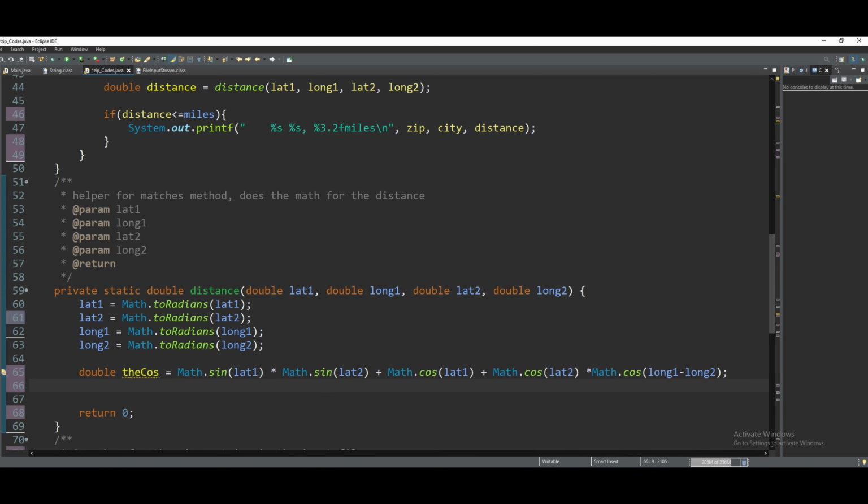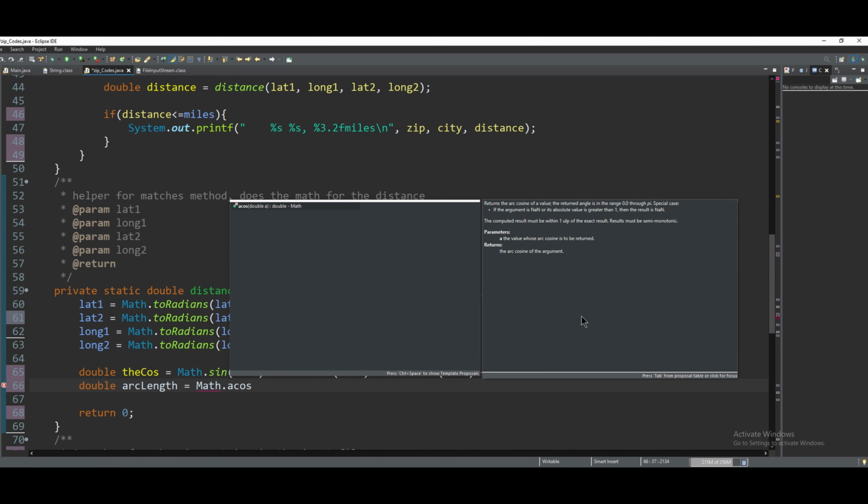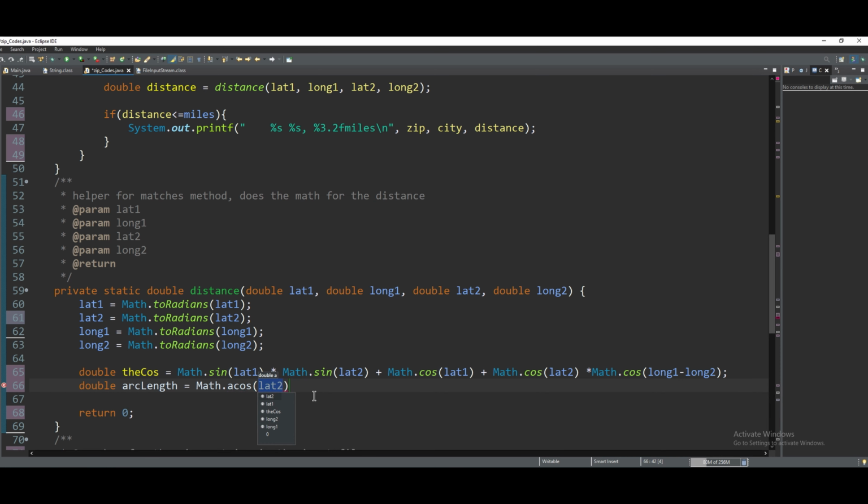Now we need the arc length. So we'll store this in double arcLength. There's also a math method for this. It's going to be math.acos. If we hover over this, we can see that it returns the arc cosine of a value. If we click this, we can pass in the cos. Now we have our formulas done. We can return what we need, which is going to be the arc length